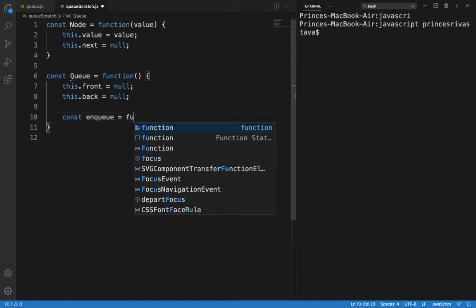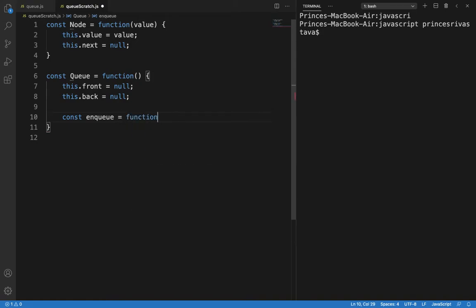It will be a function, and it will take one value which we are going to enter into the queue. Now first of all we will have to create a node with this value. So let node is equal to new Node, and the value will be this value.